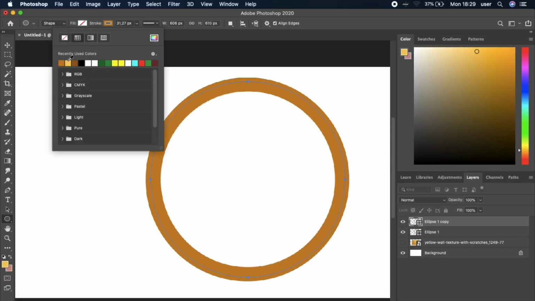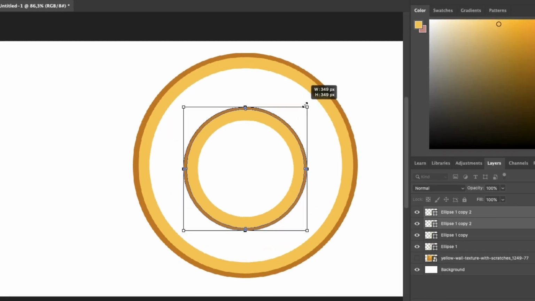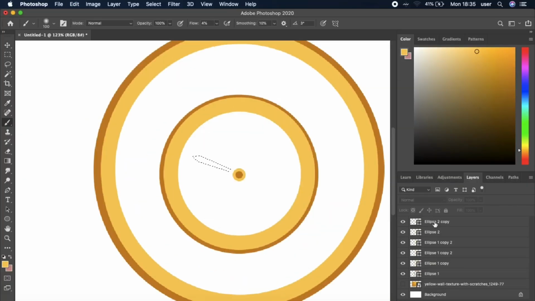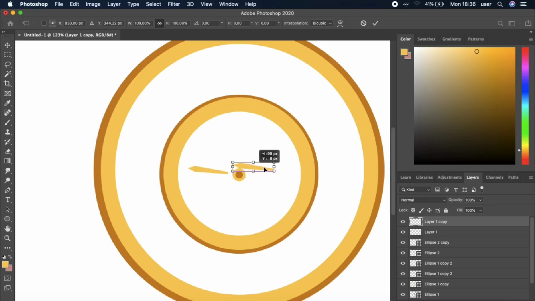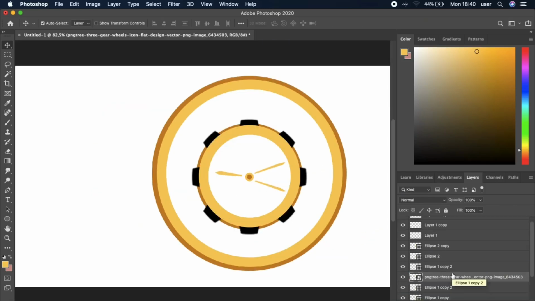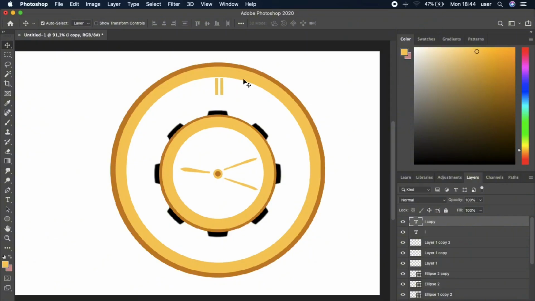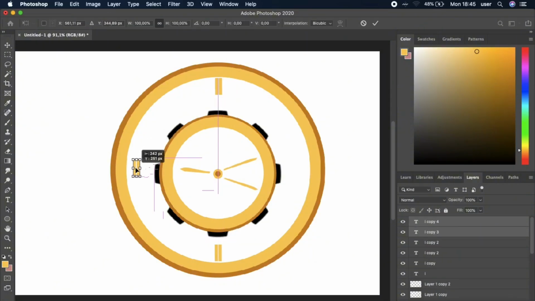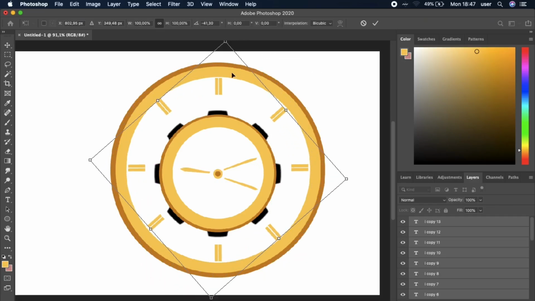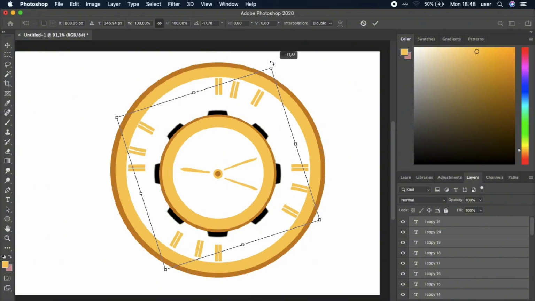So let's create the base and put the base inside the base. Add the pin for the hands and draw the hands with the pen tool. Duplicate it, warp it to make the minute hand, and the same for the second hand. Let's add a gear to the back to make it look edgy and use two small letter L's for the hours. Place them on the opposite sides. We only have 4 hours, so let's duplicate them and place them here and do the same for the last